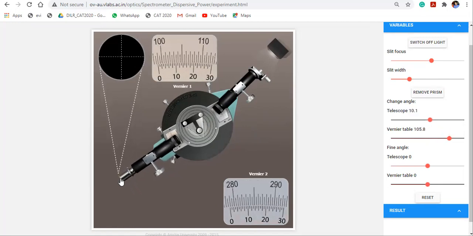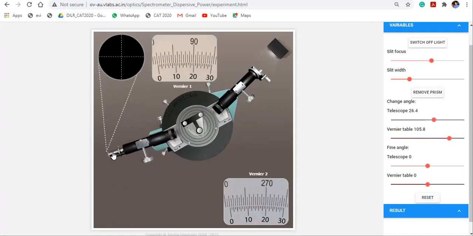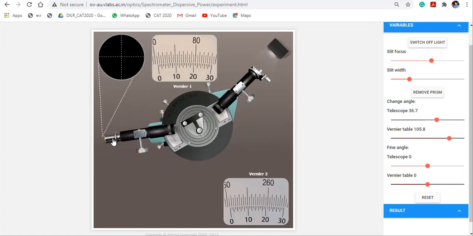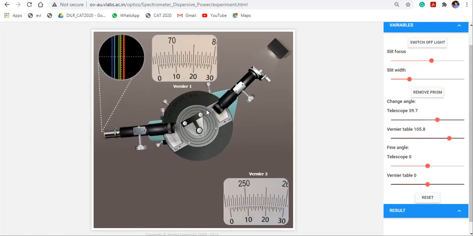Now note the position of the spectrum. Here you see that light is deviated and obtained here. Now use fine angles for small rotation.